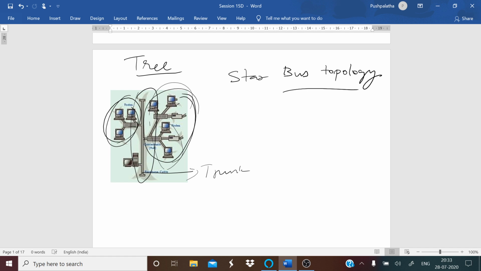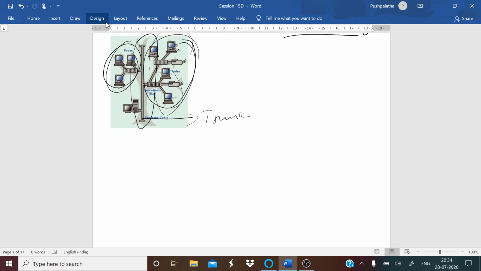It is a special type of structure in which many connected elements are arranged like the branches of a tree. So it is known as a tree topology. It is frequently used to organize the computers in a corporate network or the information in a database. So this is your tree topology. And next, the advantages and disadvantages of this topology.